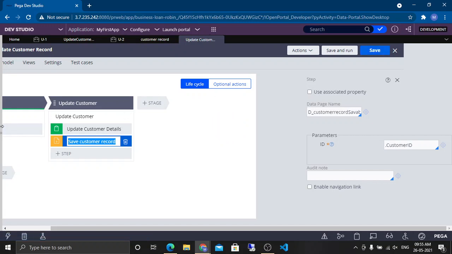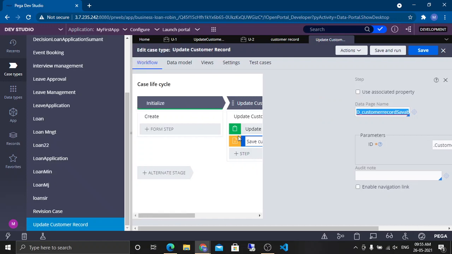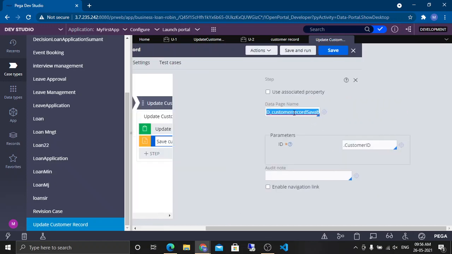How will a data page behave whenever I reference it? Suppose I'm referencing it here. Pega will see, oh, it is referenced, I have to get the data. It will go to the source tab to see from where it has to source, in which structure to put it, the scope and everything. Pega will load the data and put the page on the clipboard with the appropriate scope level. For this specific customer savable data page, whenever this utility is called in the case lifecycle, Pega will commit the contents of this page back to the DB, right?